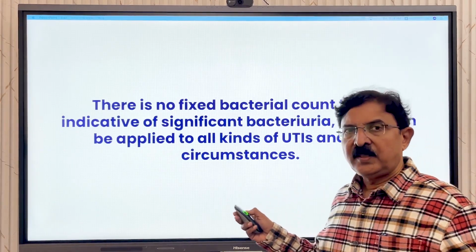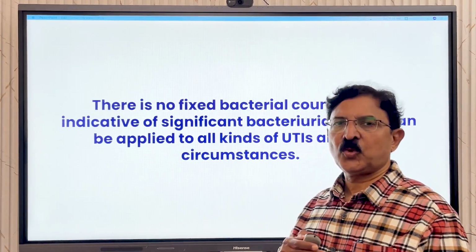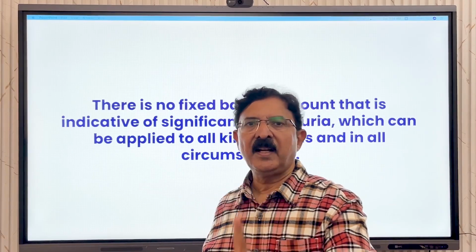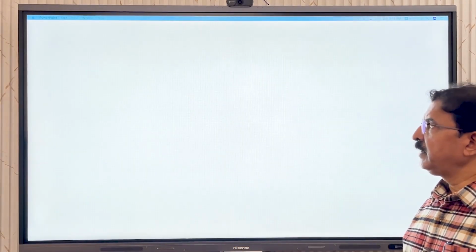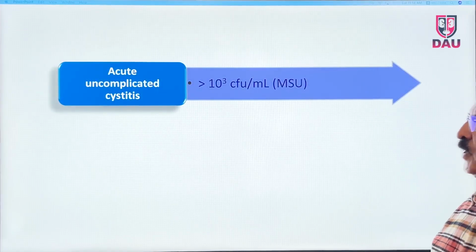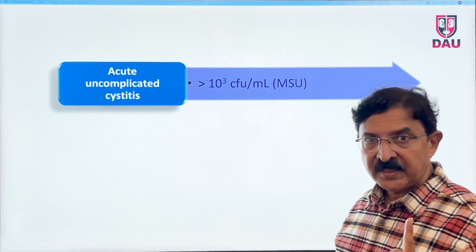Because the clinical scenario is so variable, patients are so variable, having one single criterion is not proper. So what we do today is, for acute uncomplicated cystitis, the count is more than 10 to the power 3, not 5,